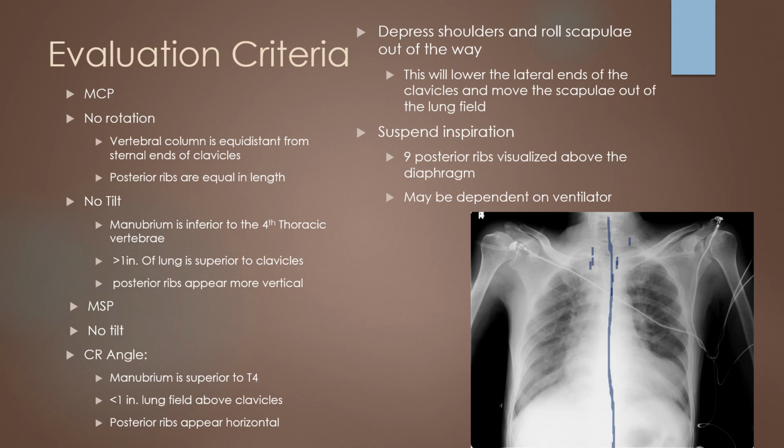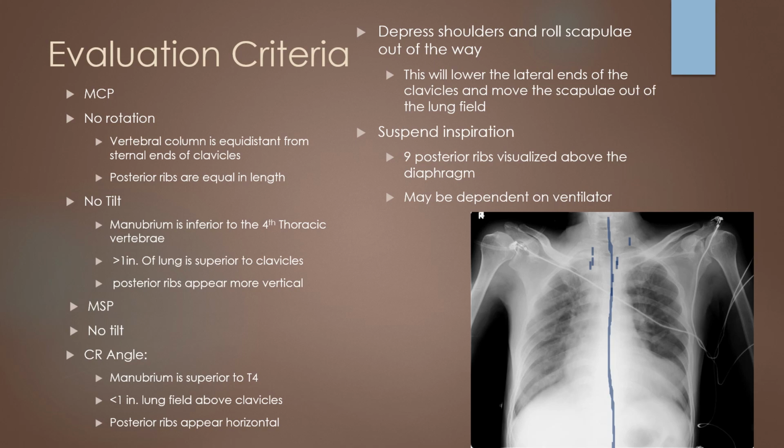Now, the central ray angle is really going to follow the same guidelines as the mid-coronal tilting. So if I'm seeing an error in some of the criteria for tilting, I have to ask myself if my patient was actually tilted or did I have an incorrect central ray angle. So when I'm looking at evaluating for angle selection, I'm going to again look and see that the manubrium is superior to T4. I'm going to check and make sure that there's about 1 inch lung field above the clavicles, and I'm going to make sure that those posterior ribs still look